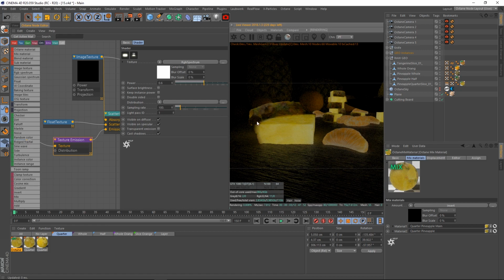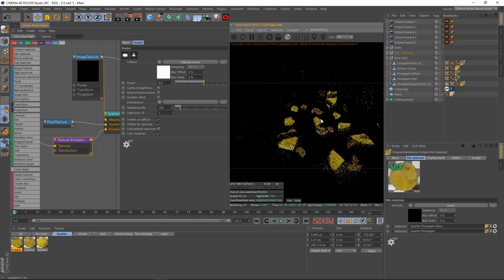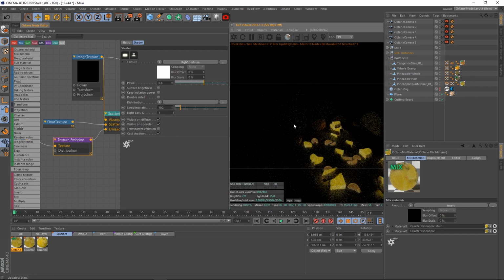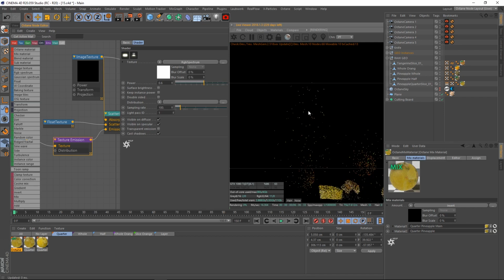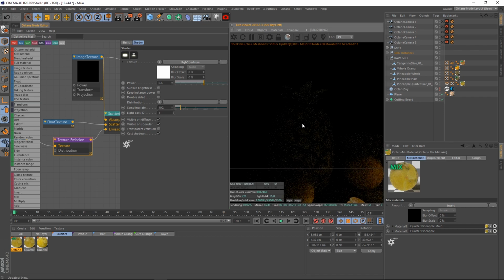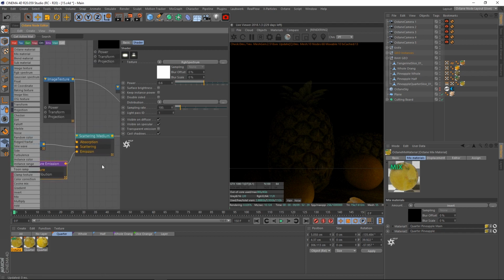Nothing is lighting our scene, but you can see clearly that these pieces of fruit are getting their own light. Notice that the pineapple is not. The pineapple is not getting its own light because transmission is simply subsurface scattering. It's the rebouncing of light that enters into it. It's not the generation of its own light. The texture emission node, like here, where it's a light emitting node plugged into the emission slot, is actually generating